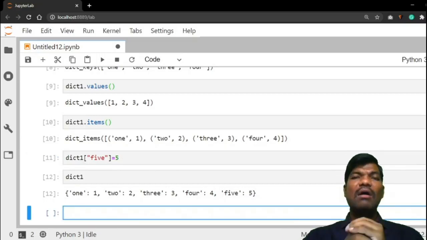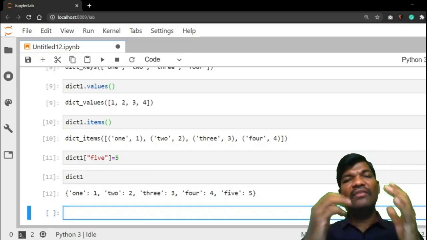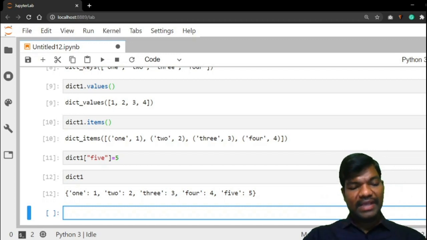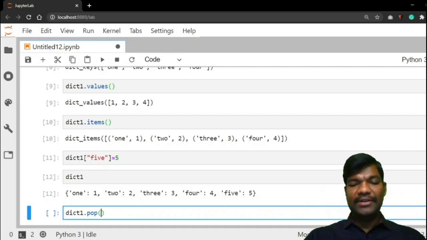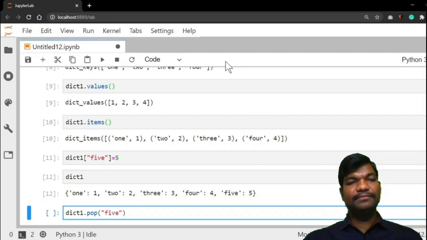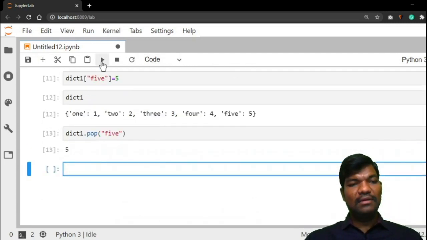Now how to remove the item from the dictionary? Same, dict1.pop option is there. So in the parentheses, give the key value. So key value is 5. Run it. So value 5 is popped.